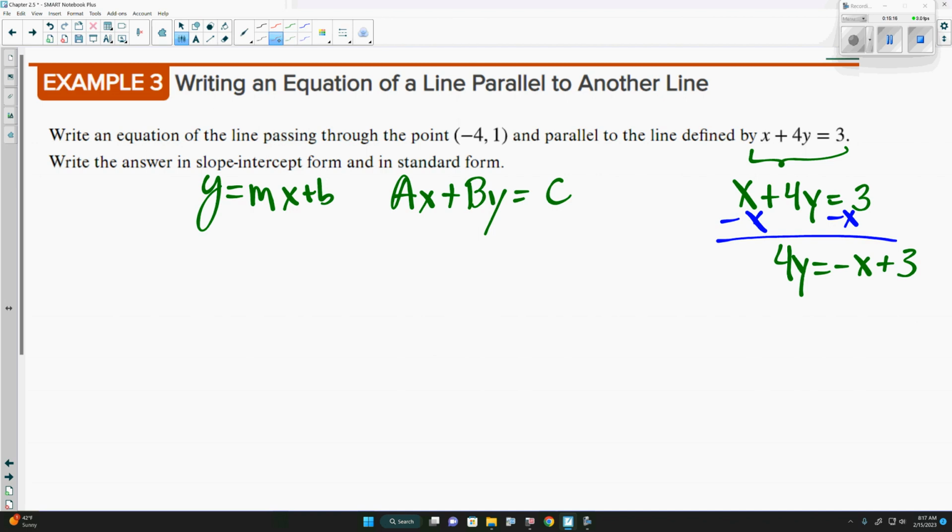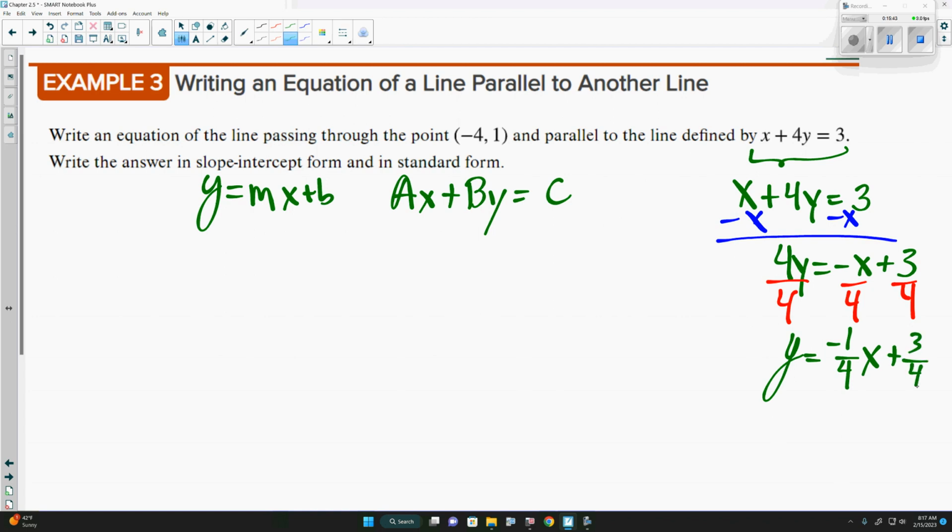And at this point here, we're going to divide everything by 4. Telling us what? y is equal to negative 1/4 x. Yes? So what is the slope? Negative 1/4. Now we also have plus